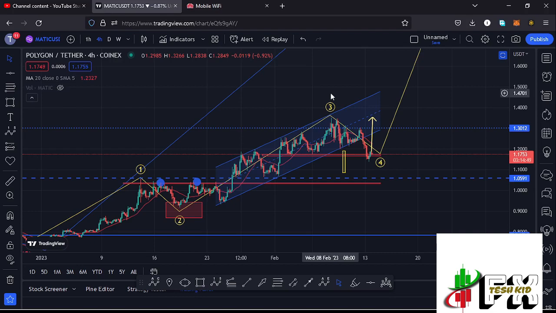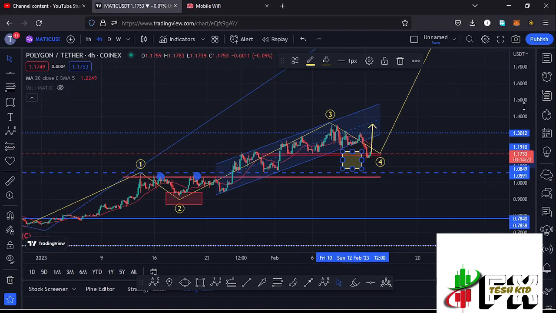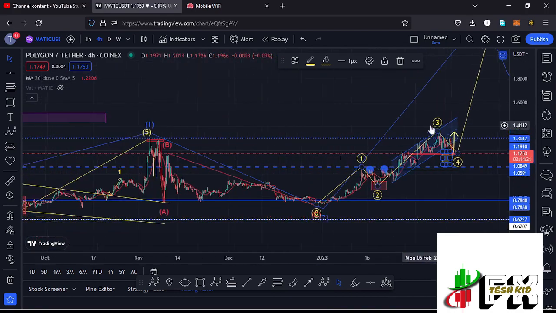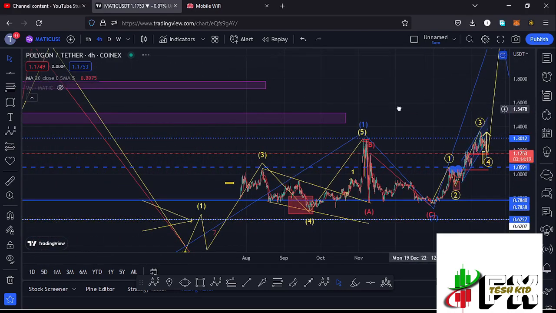There's still that possibility, but for that to happen, we need to continue holding above the $1.17 mark, which is a significant support zone. But upon losing that support zone, then there are chances of continuing to push even lower to fully maximize this yellow target area in the formation of that fourth wave. So that is what I'm expecting here on the short-term scenarios, and giving you the long-term scenarios here on the